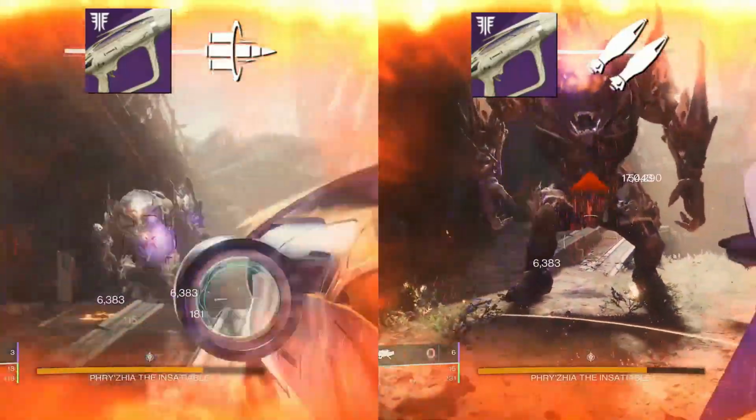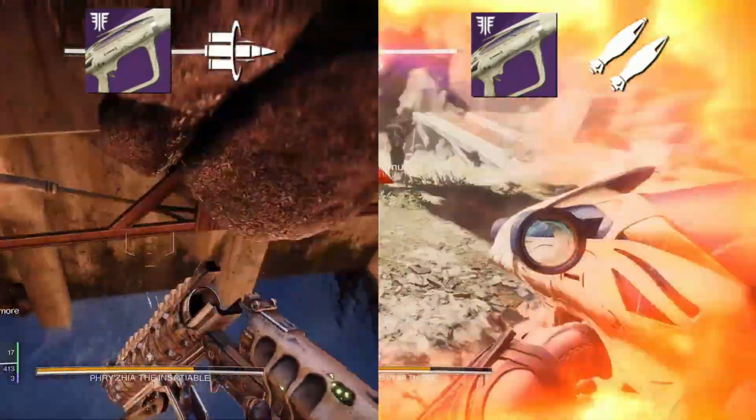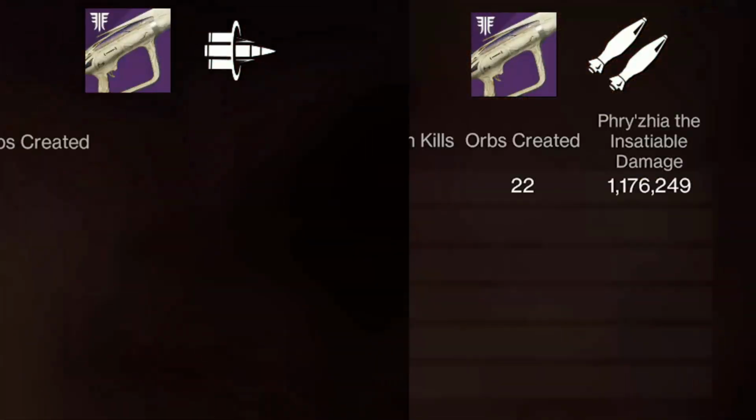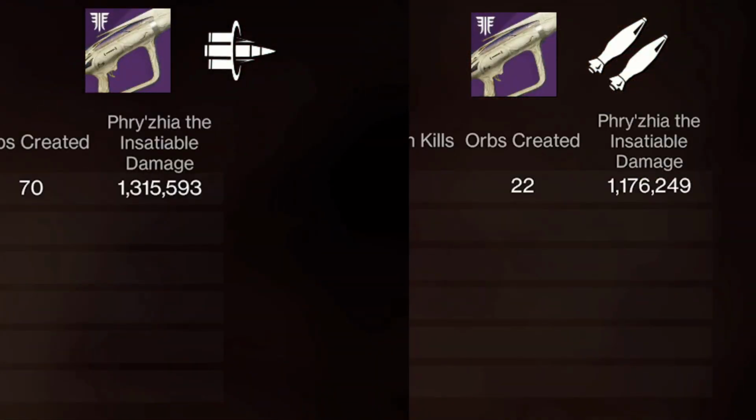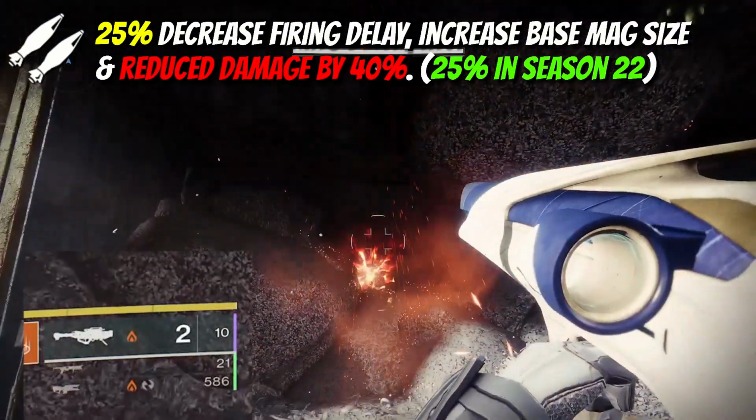The difference here though was I barely got through my heavy ammo on bait and switch, whereas with Bipod I smashed through the full set of reserves without even thinking about it. With a full set of solar reserve mods, Bipod allows you to get a maximum of 14 rockets on the